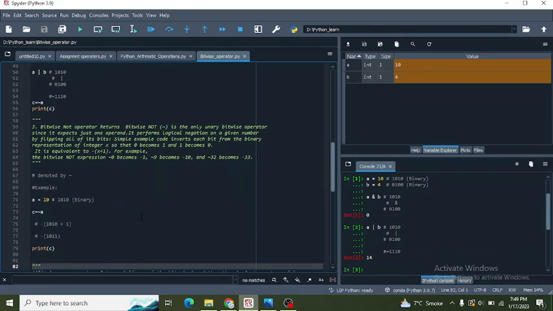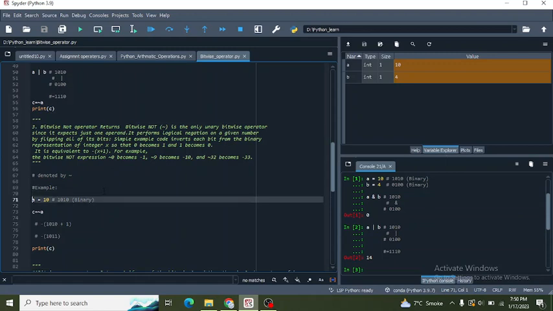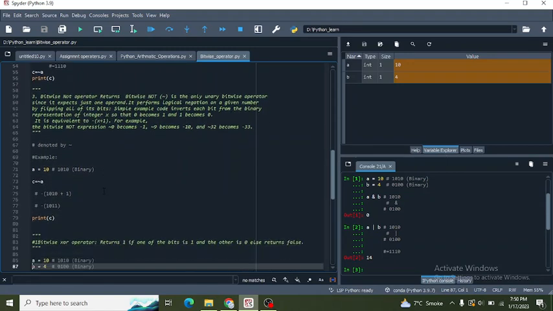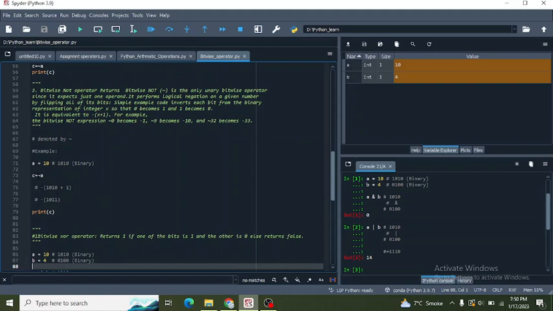Next is bitwise NOT operator. Bitwise NOT operator is the only unary bitwise operator. Since it expects just one operand, it performs logical negation on a given number by flipping all of the bits, so that 0 becomes 1 and 1 becomes 0. Let's take an example. A is equal to 10, C is equal to the bitwise NOT operator symbol and then A. How it works?